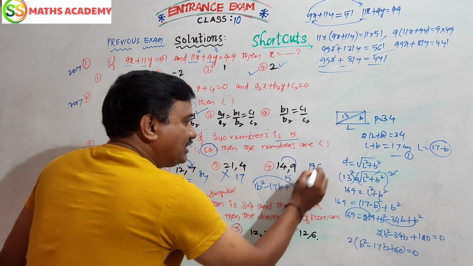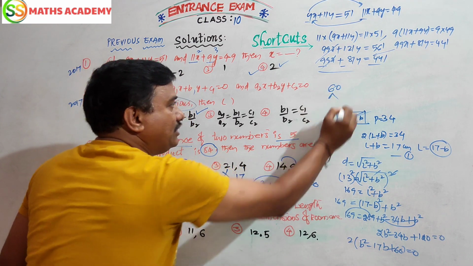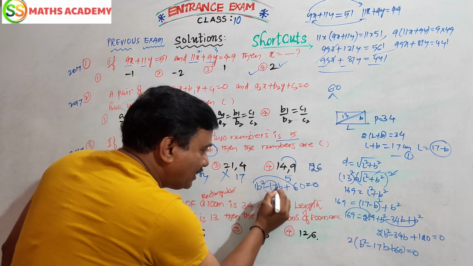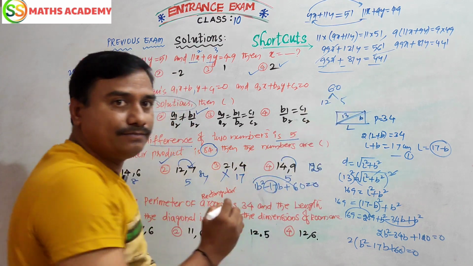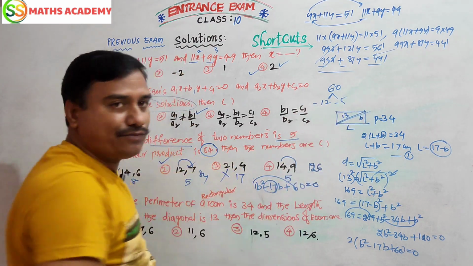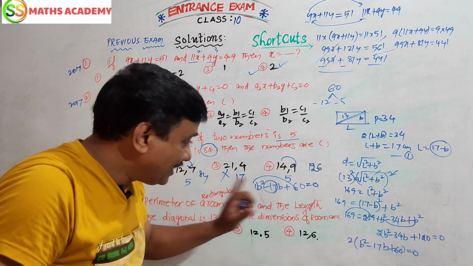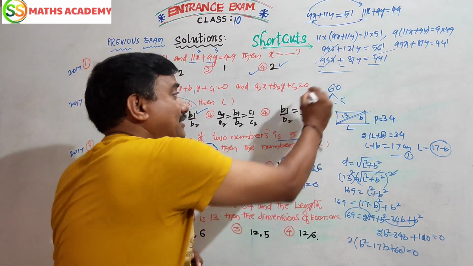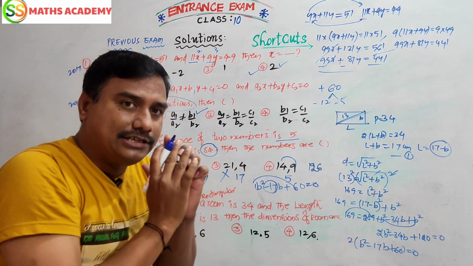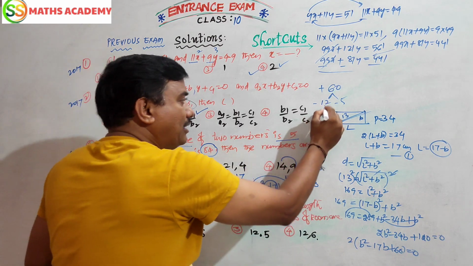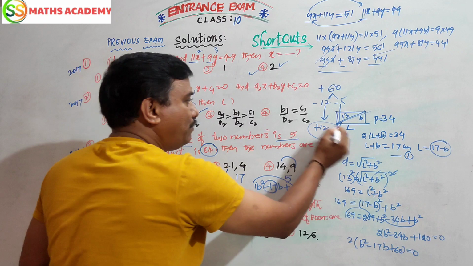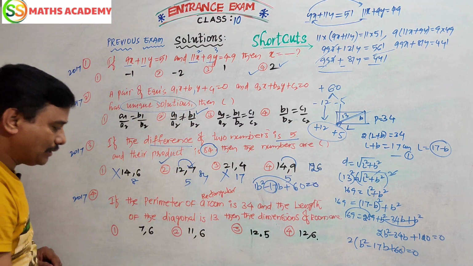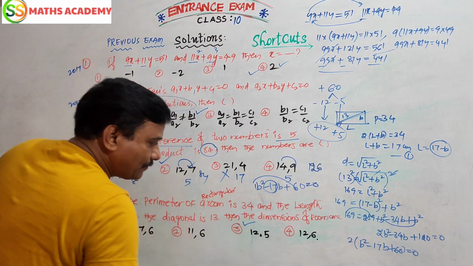Here 1 into 60, 60 factors, which sum to minus 17. So 12 and 5 are minus 12, minus 5. Minus 12 minus 5 is minus 17. Minus into minus is plus, 12 fives are 60. It is satisfied. Now minus 12 comes outside plus 12, minus 5 comes outside plus 5. 12 and 5 is the option. This is the answer.